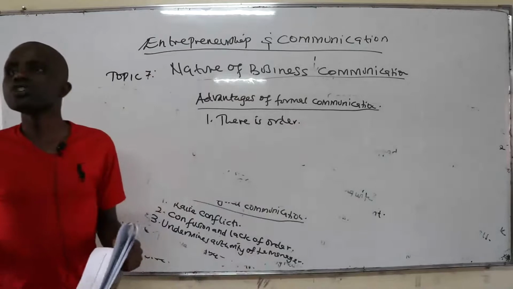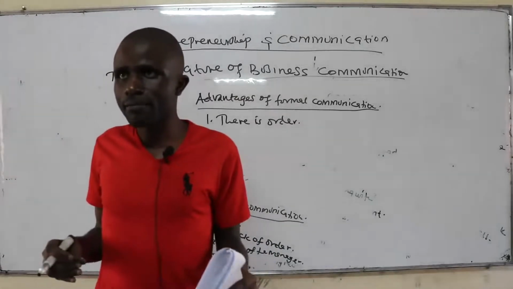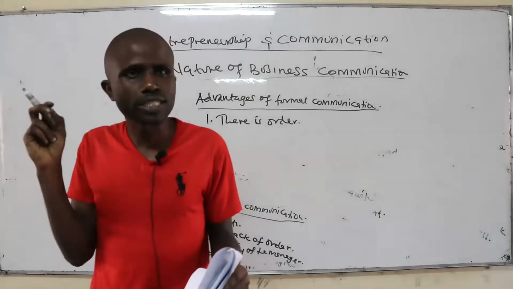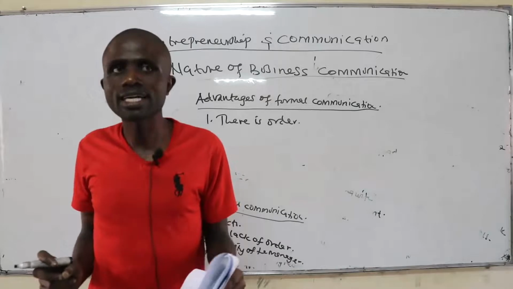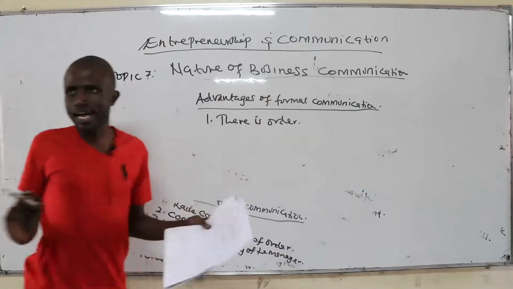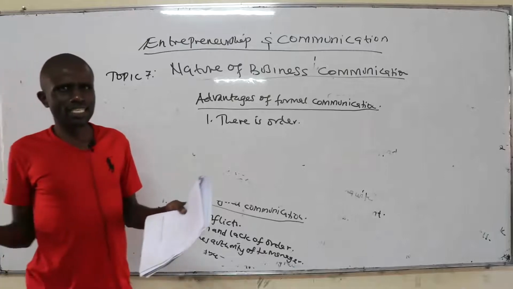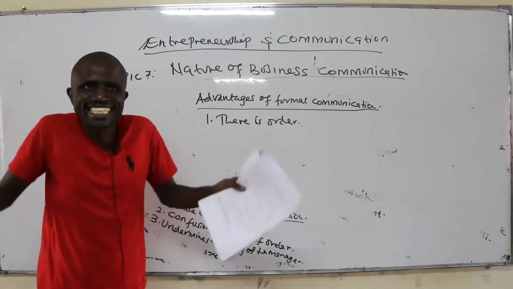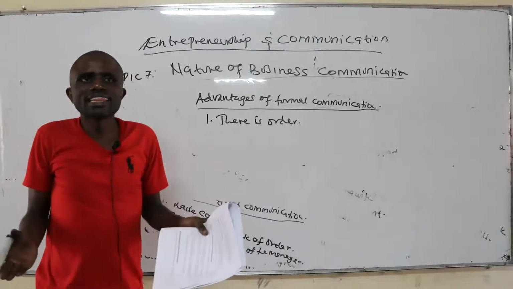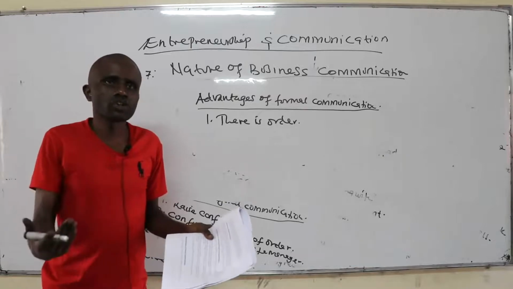This is more of helping you to know the points. But in the exam, you have to elaborate your answers. Don't just write there is order and leave it at that. Once you have a point, it's always easy to illustrate. Because once we have the communication lines clear,